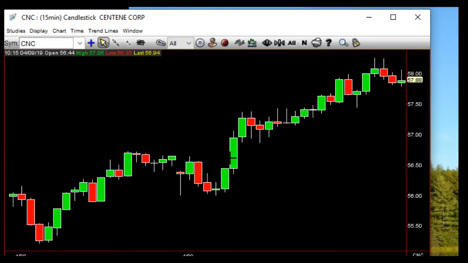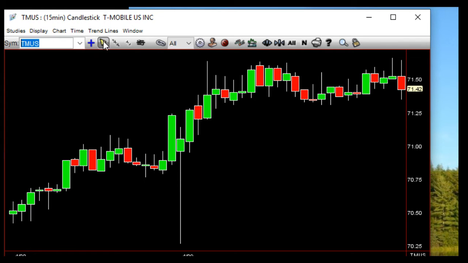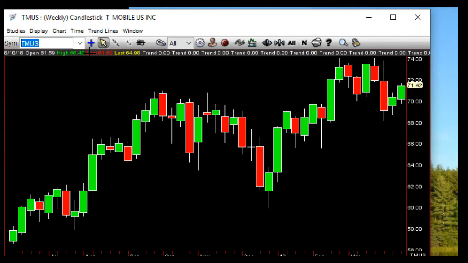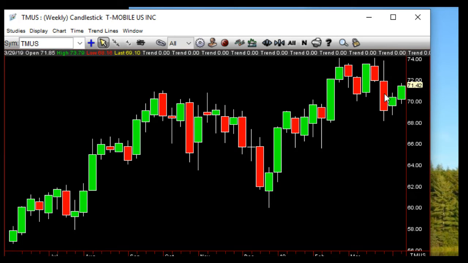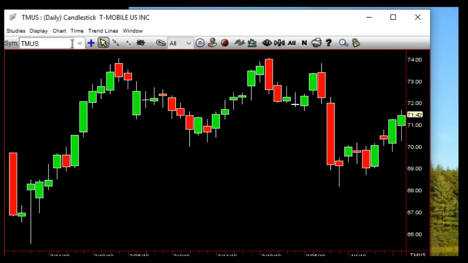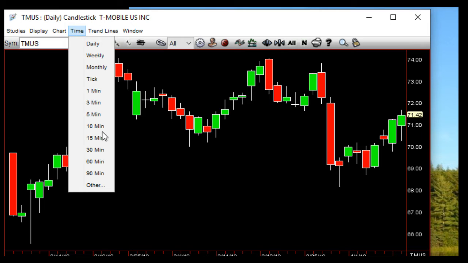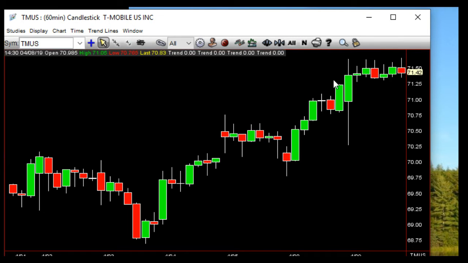If you go to TMUS, TMUS is doing this, inside week to the upside. Now you're still completely within this mother bar here, right? So you'd want to get out of there, but you do have that, and you can see here it goes 3, outside bar to the upside and just kind of walking up, and you can just keep going to your 60s. Looks like it spent a whole day in there. That's great, but it is inside week and up.